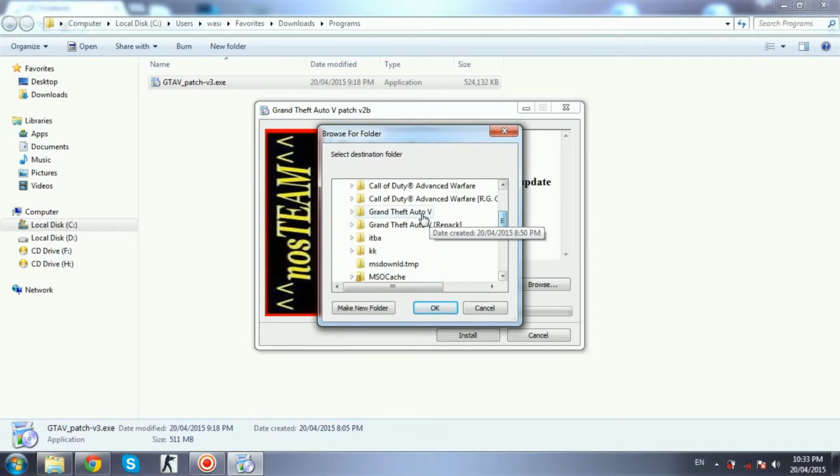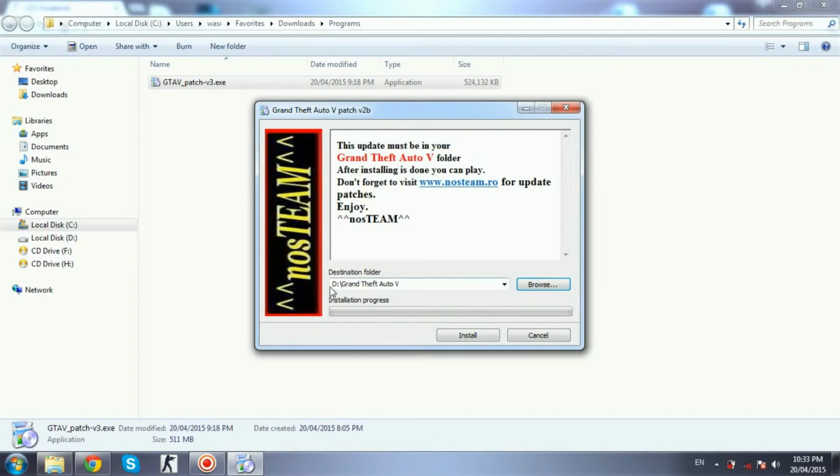So I will go in my D drive and install it in the place where I installed the game after downloading from uTorrent. I will install it in that place and just press OK. It says G drive and GTA 5, and just click install.